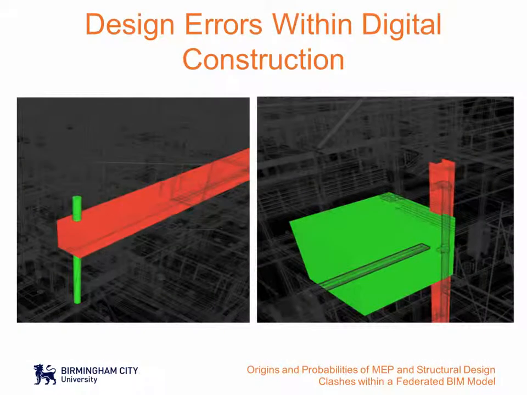To put the research into context, we first need to understand the process of clash detection. During the design stages, BIM models produced by individual designers are integrated into a federated model and tested to identify design clashes. These design clashes consist of positioning errors of building components overlapping each other. Resolving these design clashes remains imperative to project performance, yet to date limited research has investigated whether clash detection is effectively used to mitigate digital design errors.